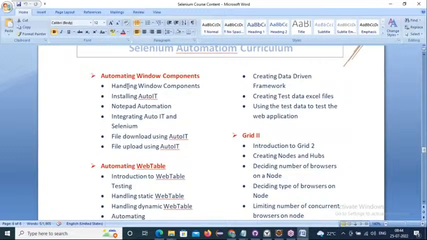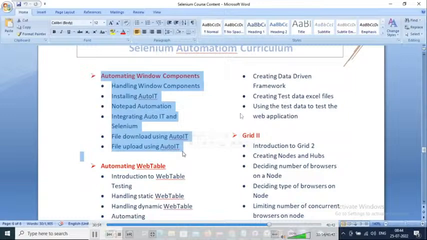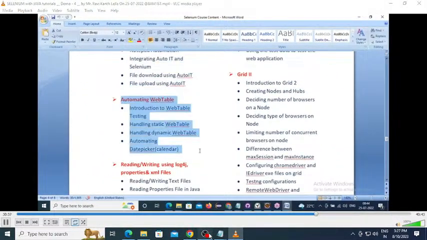Yes, there are many open source Windows automation tools to automate Windows elements, like AutoIT, Sikuli, Robot, like this. We have various Windows automation tools. Using those, we can automate Windows application elements. Here I prefer AutoIT: how to install AutoIT, how to automate the Windows element, how to compile the AutoIT code, how to associate this AutoIT code with your WebDriver scripts. All these things I will demonstrate in automating Windows components. And coming to web tables. So in our web application,